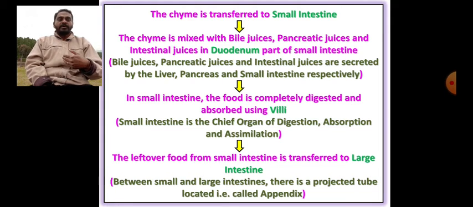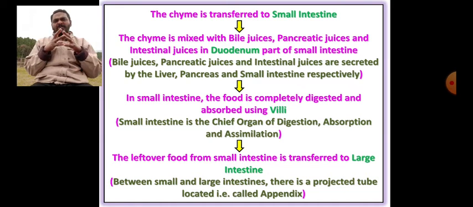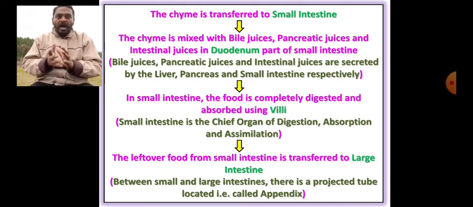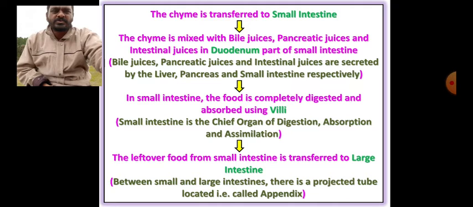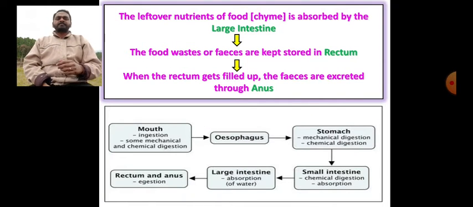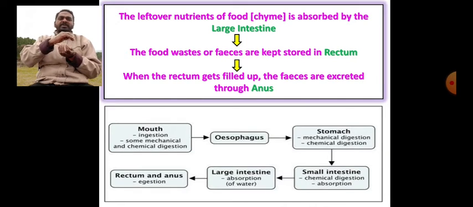After that, the leftover food, nothing but the chyme, reaches the large intestine, and here in the large intestine also some juices are produced, called large intestinal juices or colon juices, and they are also mixed, thoroughly absorbing each and every bit of energy from our food. And after the absorption of complete energy, the waste materials are transferred to a part called the rectum. In that only the waste materials are stored.